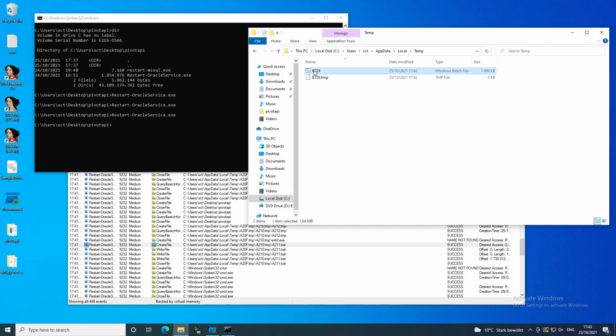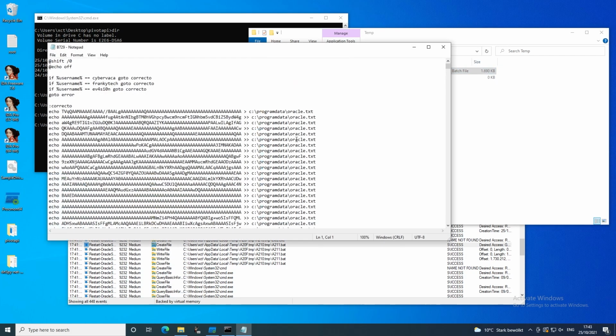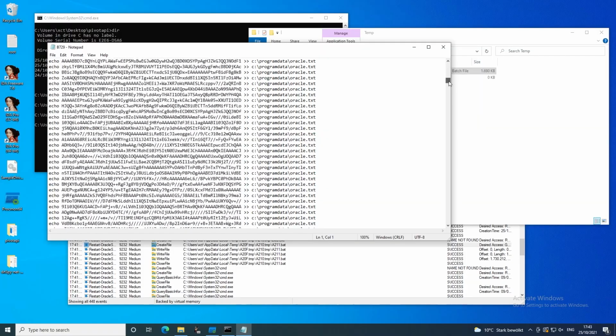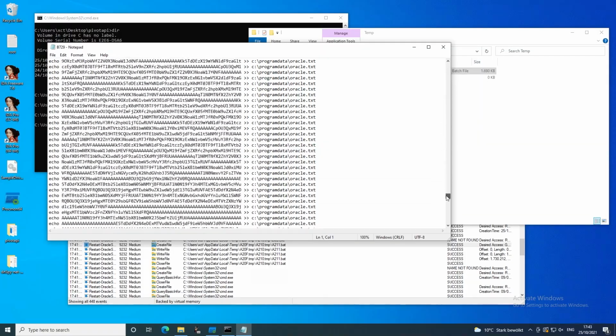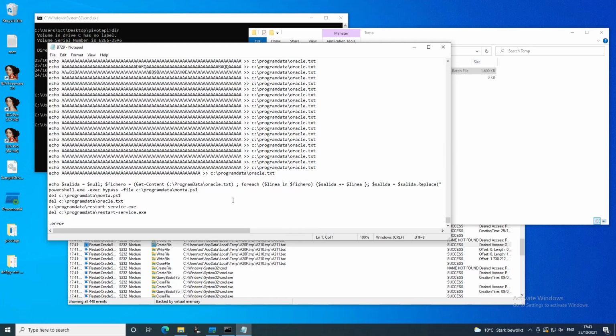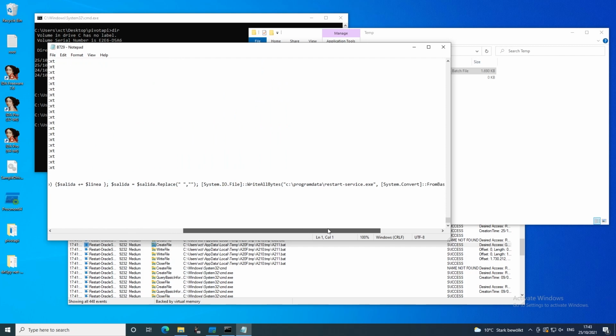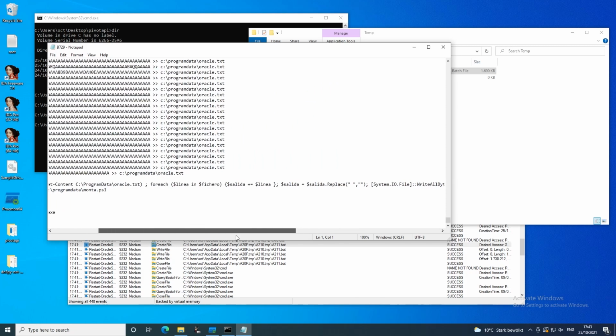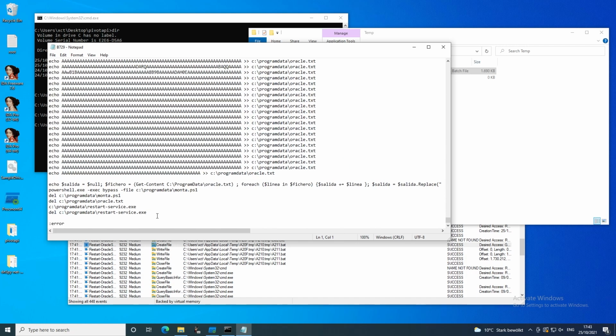Now let's have a look at the script here. I'm just going to do edit here. It's comparing a couple usernames, so we know a few more now. And then it's piping some huge base64 encoded thing into oracle.txt. And in the end, it's basically just decoding this and writing it to a file. So that looks good. We could probably just run that, but we don't want to execute it before analyzing it,